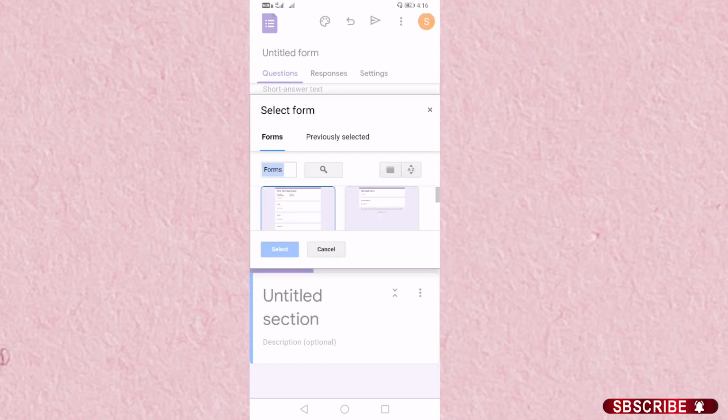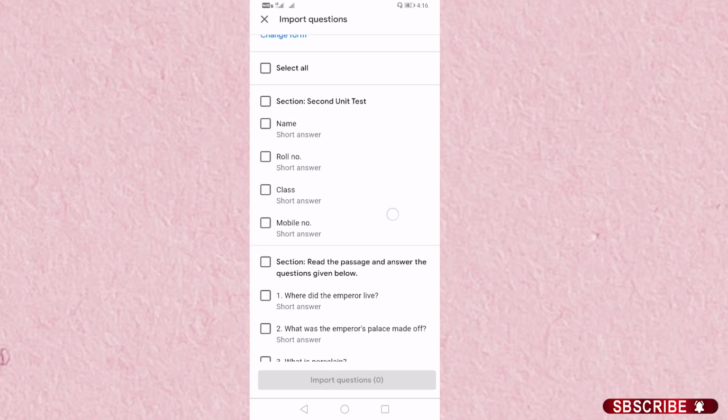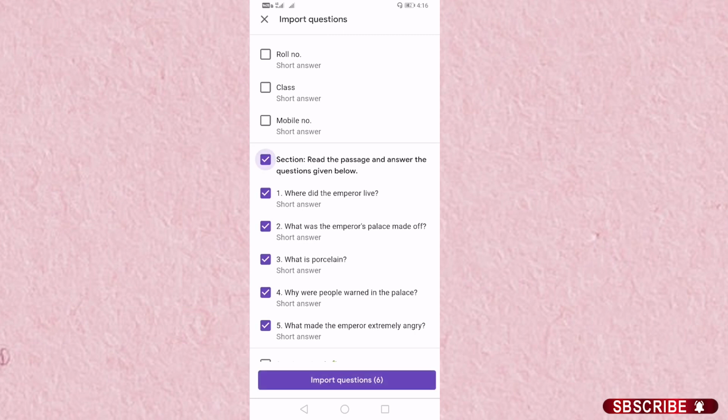As soon as you click on that icon, you will be directed to the different Google Forms that you have already created. So here I am going to select one Google Form. From this, if you want any sections that you have already created in a previous Google Form, you can select that section. Your questions will be inserted in this Google Form.